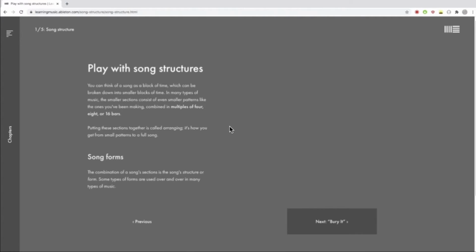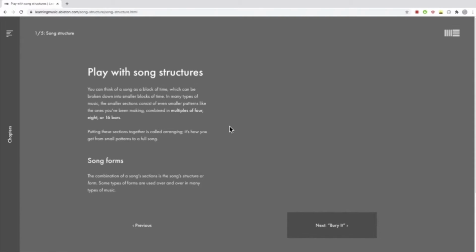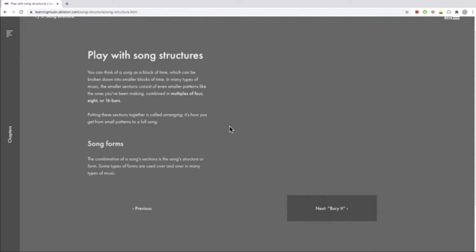So, why do we actually need structure in the first place? Well, maybe we're trying to tell a story, and that can be done with lyrics, but it can also be done with music. For example, you could use some minor chords to create a sad atmosphere in the verse, and then in the chorus, when you want things to be a bit more uplifted, you could add in more instruments, make it a bit louder, and maybe use some major chords.